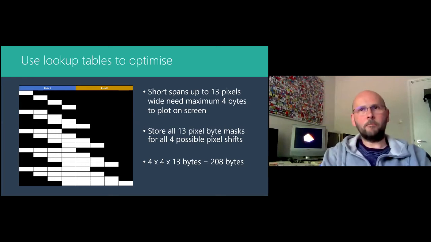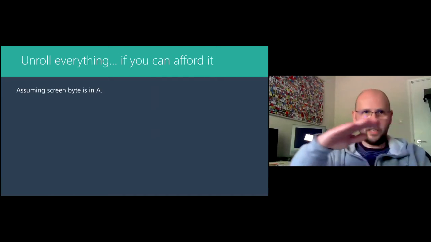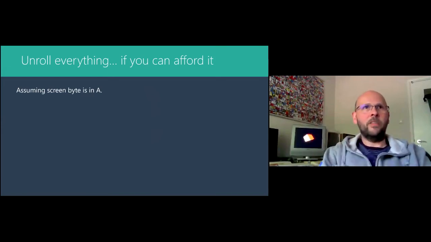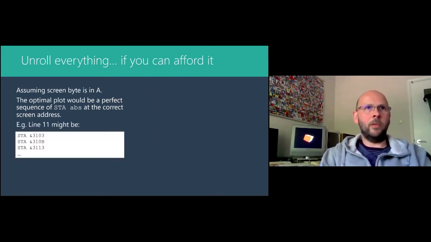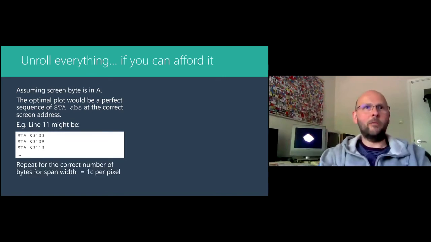That's not too bad. As with everything on 6502, if you want to make it as fast as possible, then you need to unroll everything that you can and try and avoid loops if you can afford it. So if we think about our imaginary perfect line drawing routine, we're trying to draw a consecutive load of pixels on the screen as fast as humanly possible. Then the optimal sequence would just be a load of store absolutes, right? So a line might just be store, store, store, store, store, and we perfectly know how many of those we want to